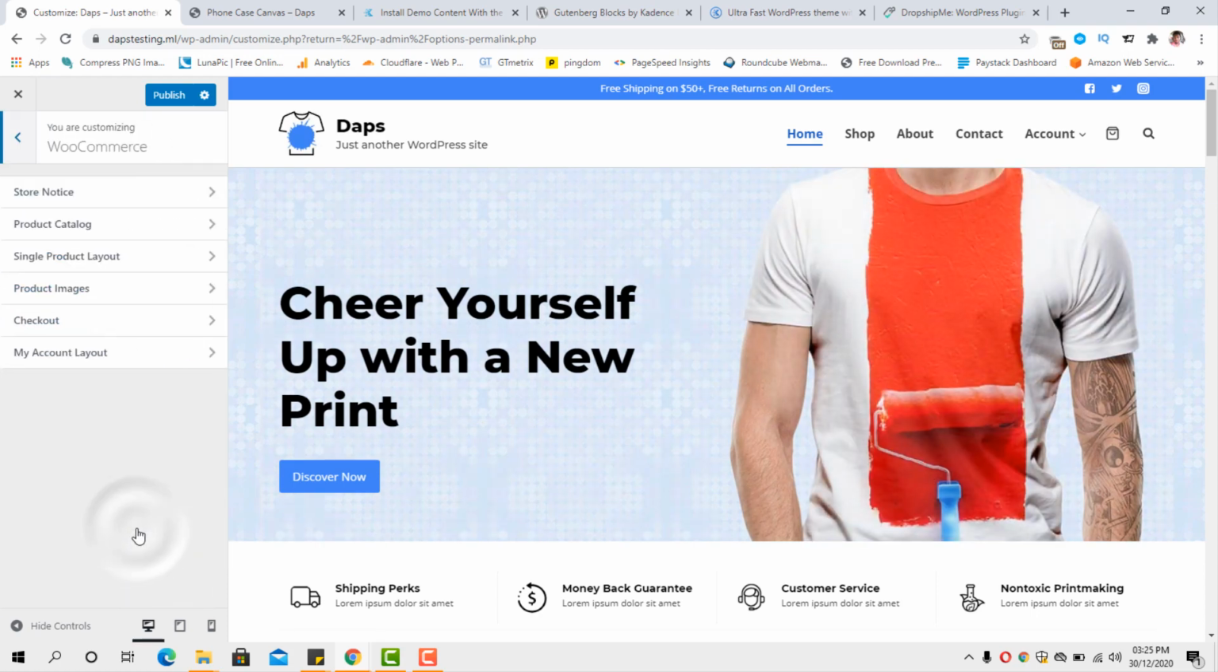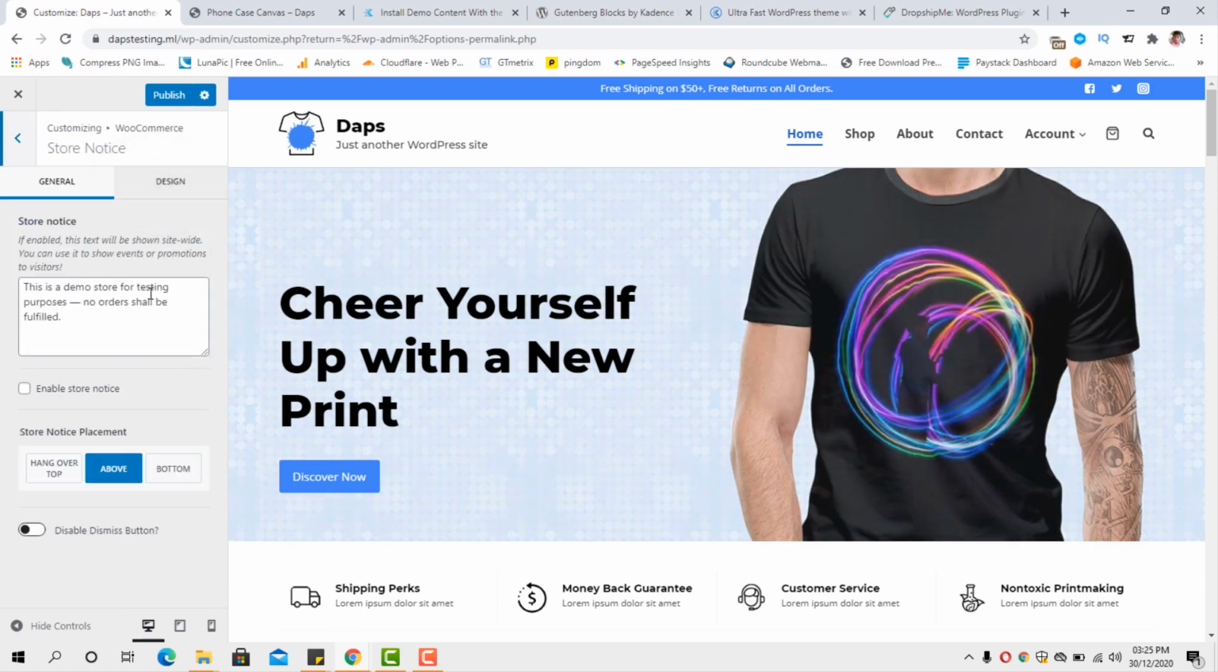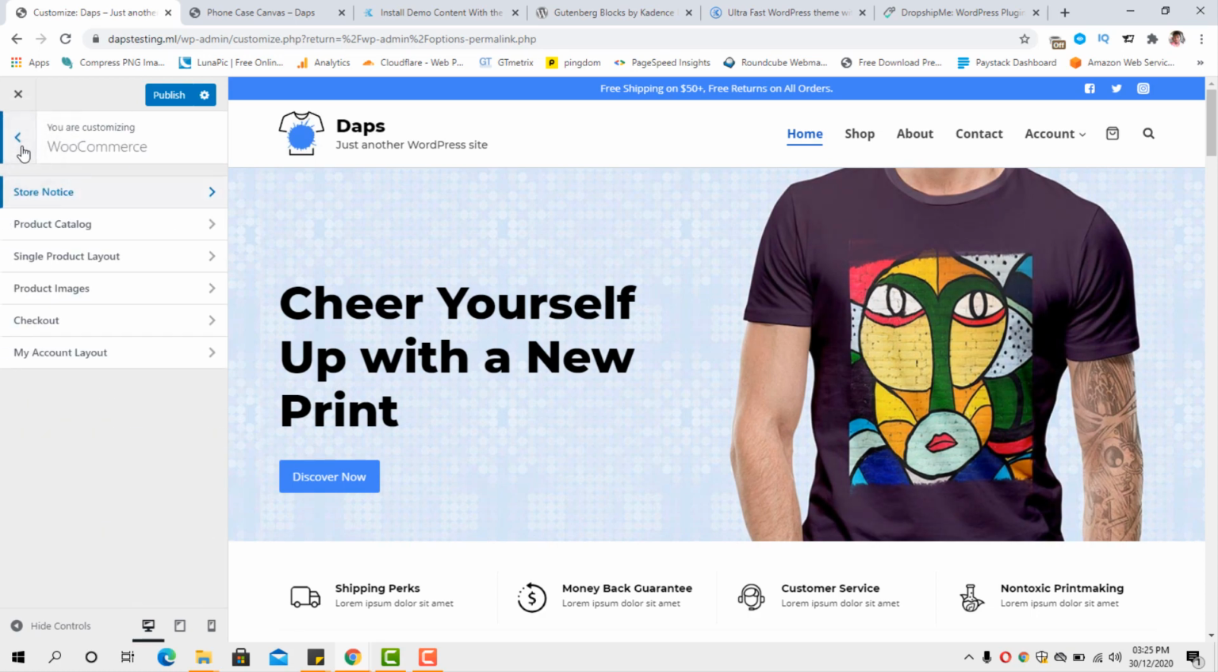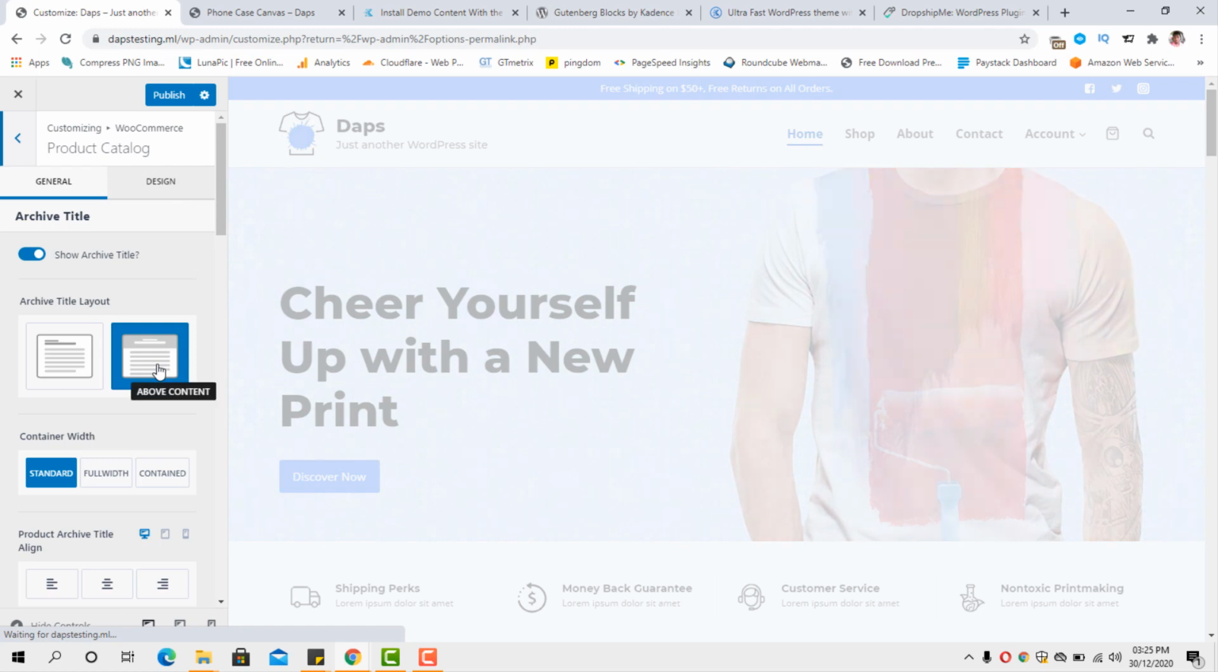So let's come to WooCommerce and let's see if we have, okay, our store notice. This is a demo store for testing. You can change that, if you want to have a store notice. I'm not sure you would need that right now. Product catalog, how do you want your product catalog to show? You can,